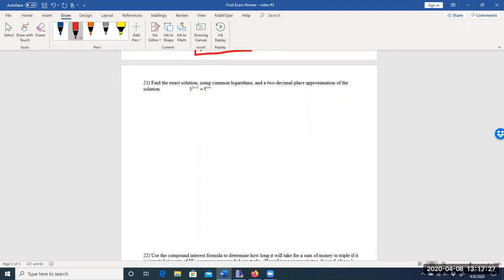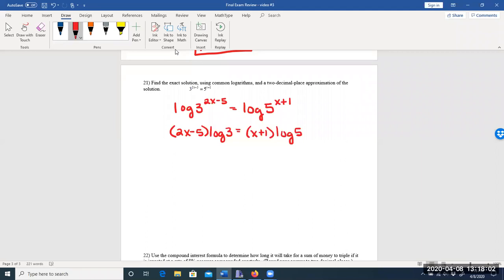So first thing I'm going to do is take the log of both sides. I'm going to pick base 10. Again, I cannot use the same method I used for number 16 because I can't get a common base with 3 and 5. Then I'm going to move those exponents down and make them coefficients. It's one of our properties of logarithms. Because they are binomials, I'm putting them in parentheses. Now I'm going to distribute,